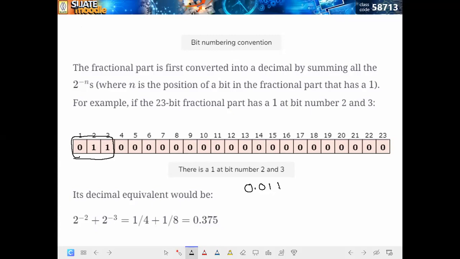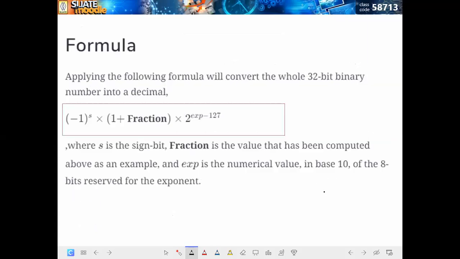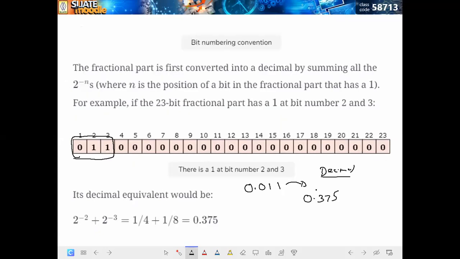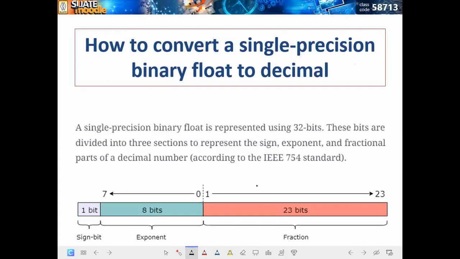0.011. This fractional part, when you convert this one to decimal value, you will get this one, 0.375. It's okay, now you know about it. Then you can find the exponent here. From this exponent you can derive, this is the finally taken exponent, you can derive the exponent of the normalized